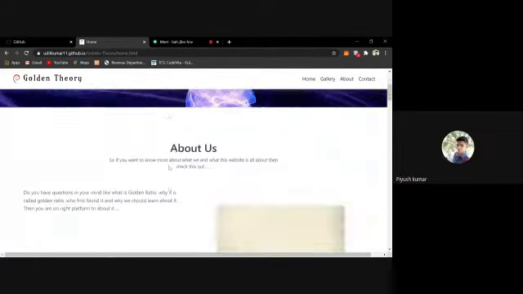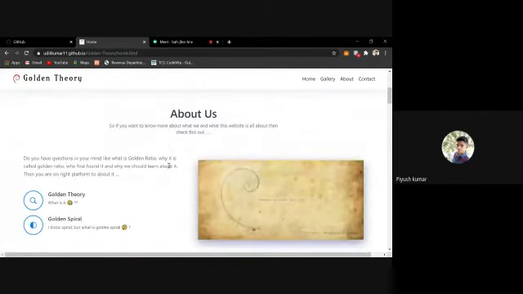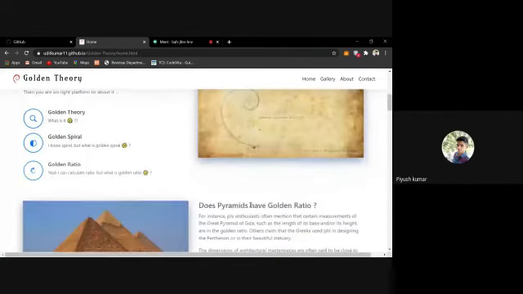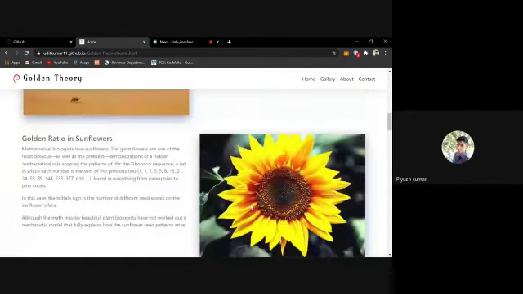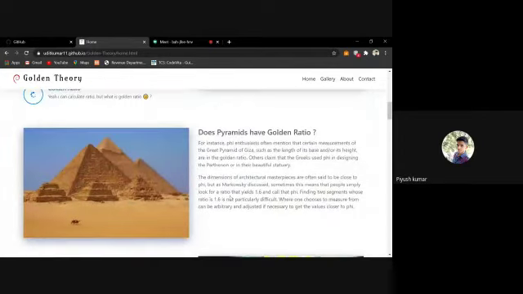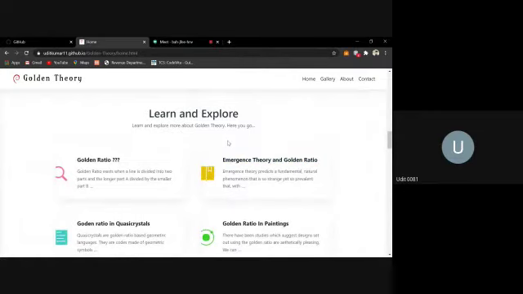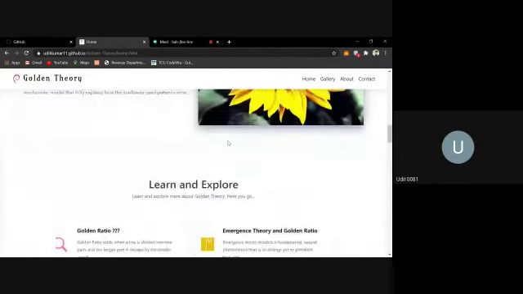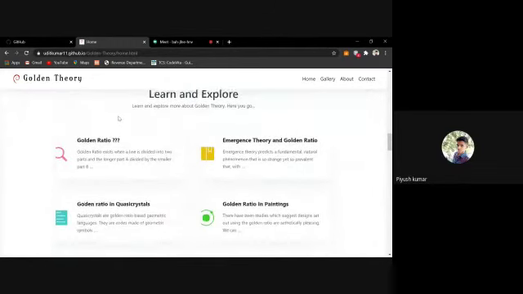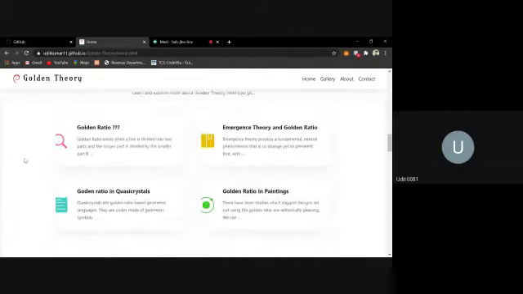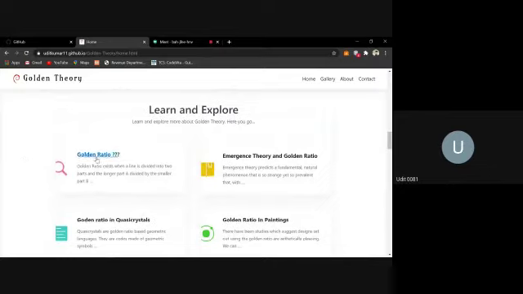So Piyush, tell us more about it. Yes. It's a web page which is a beginning, or we can say various galleries are stored in that web page. You can see the nav bar on top is the same as the previous nav bar, so we are not talking about that right now. We have also added some sections like learn and explore new things. We have separate cards and topics, so you can click on whichever topic you like and you get redirected to that page.